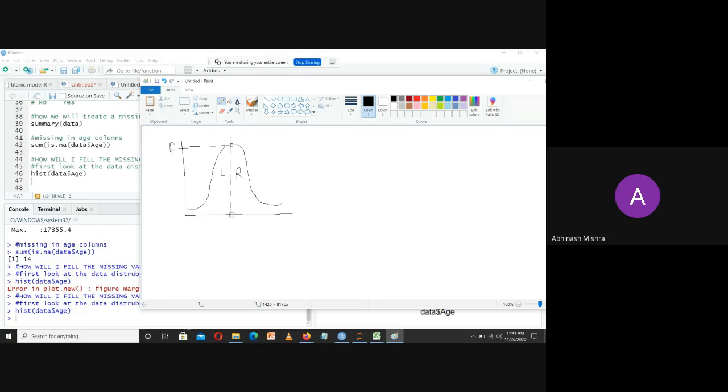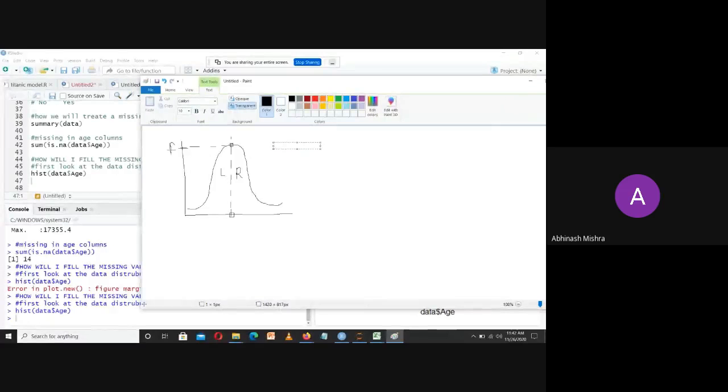Okay. Now, first of all, we should understand central tendency. In central tendency, we have to understand three words: mean, median, and the third is mode.